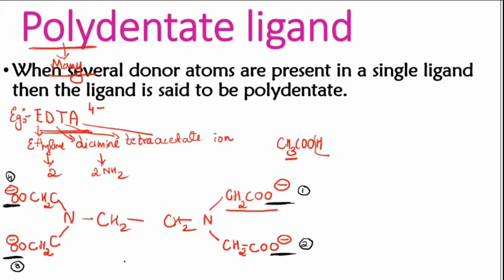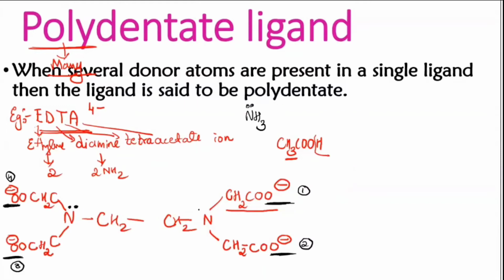Still there are atoms which can donate. Can you identify that? 4 I gave you. Can you identify another one which we can have for donation? Yes, very good, correct. Nitrogen. You know nitrogen forms 3 bonds and one will be the lone pair, like in the case of ammonia you have seen. Ammonia has 3 bonds with the hydrogen and one lone pair. So here also if they are having 3 bonds, that means there is a lone pair which is still pending. You can put that lone pair on its head. This will be utilized for donation.